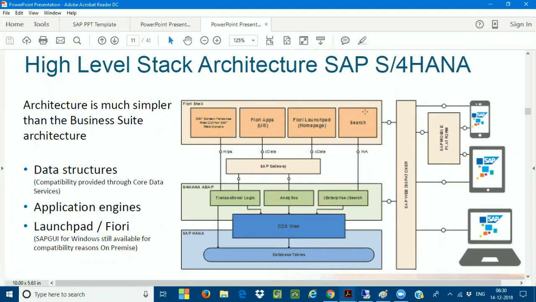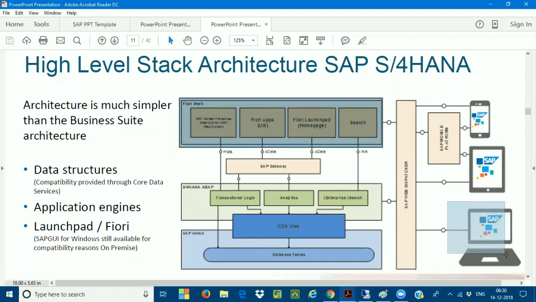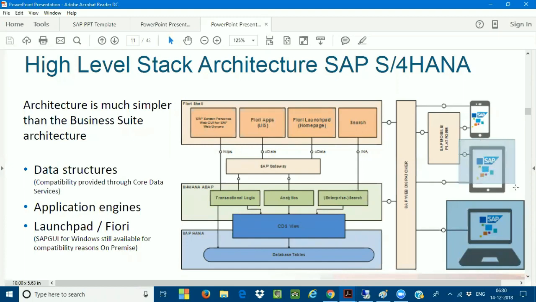You can log on to the SAP as a front end, very important. This is going to be called the completely front end, the presentation. A customer can log on to the SAP front end from a laptop, or a tab, or from a mobile you can also log on to the SAP Fiori. You can see here the diagram which is very clearly explaining the concept of logging into the SAP Fiori.